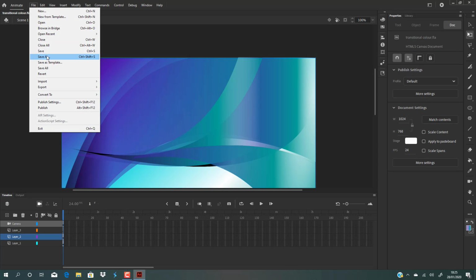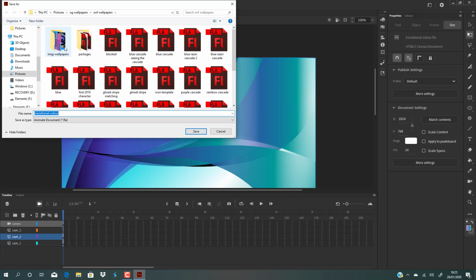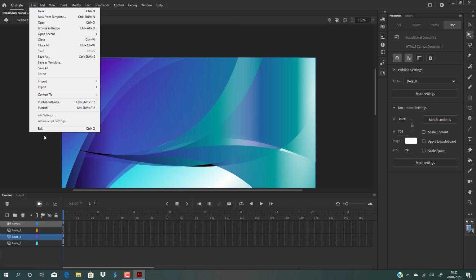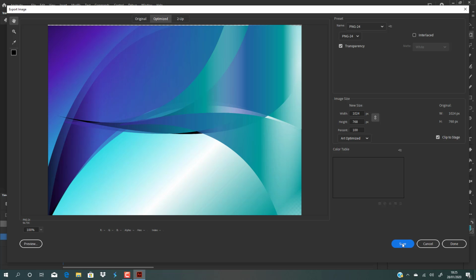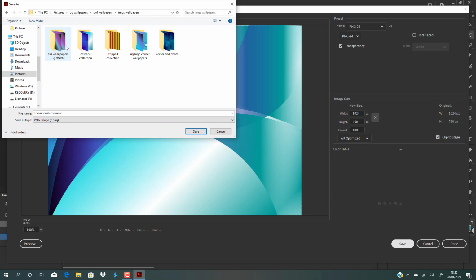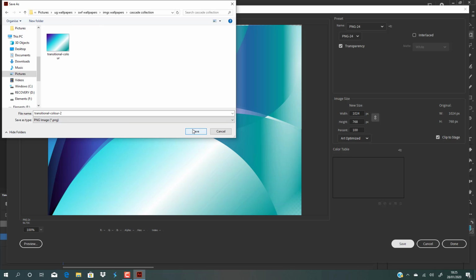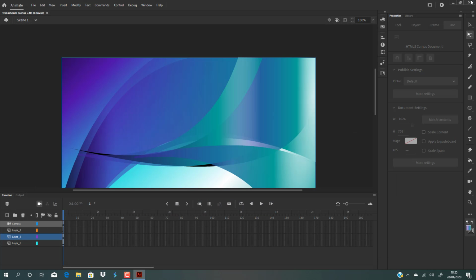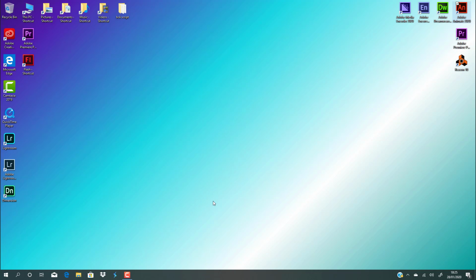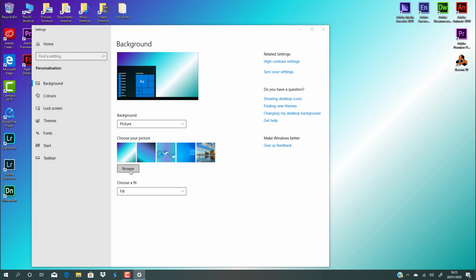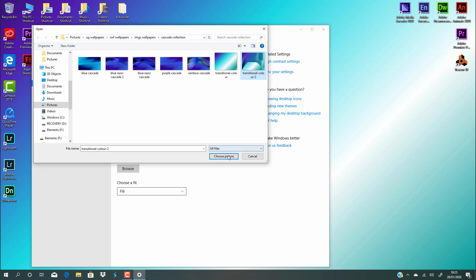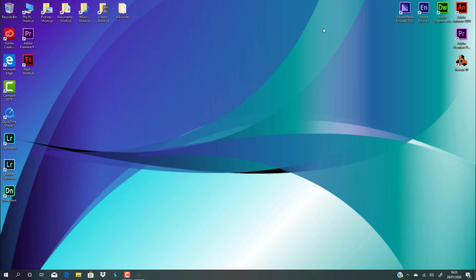I'm going to file, save as, transitional color 2, file, export, export image, save, transitional color 2, save, shut down, and now we're going to test it just to show you what that looks like in a bigger version and the actual defined version that I chose to do,